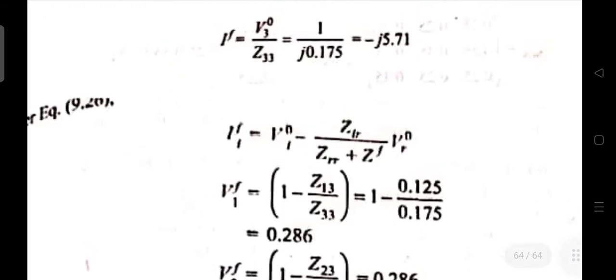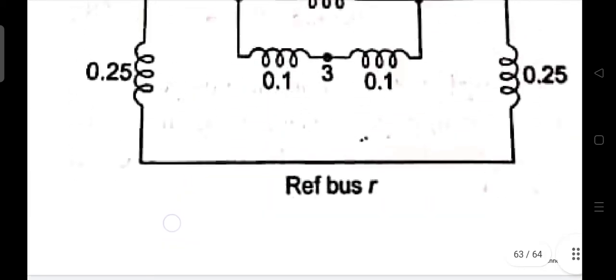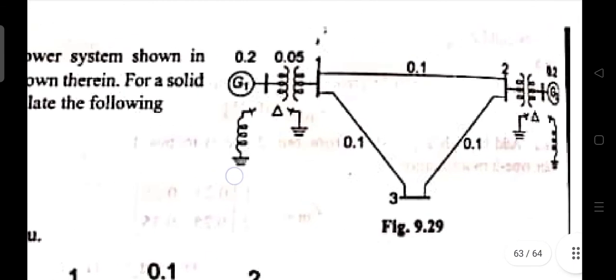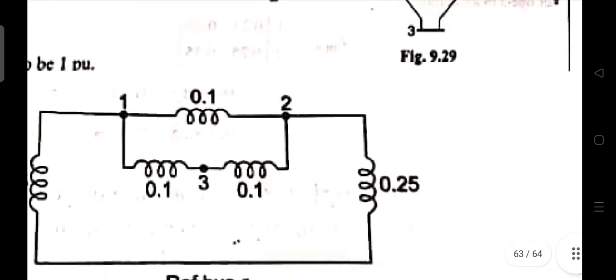Now for the fault current at bus 1, equal to the Vi minus Vf. Here the fault current is connected to bus 3 and I1 and I2 are going down in parallel, right? The fault happened at the third bus, and from the third bus the current divides between the first and second bus, so we can use the current divider rule here, right? So with the use of the current divider rule we can obtain I1 and I2.